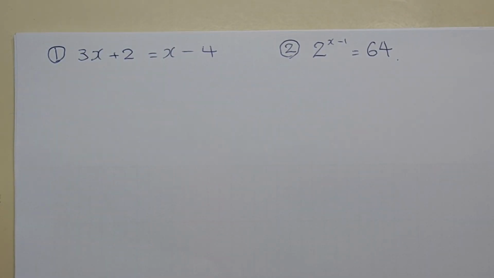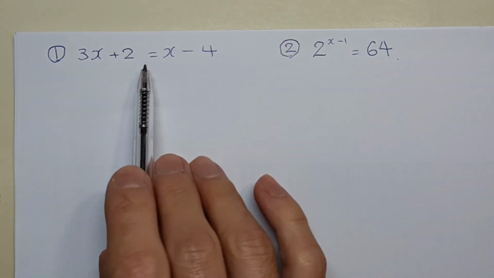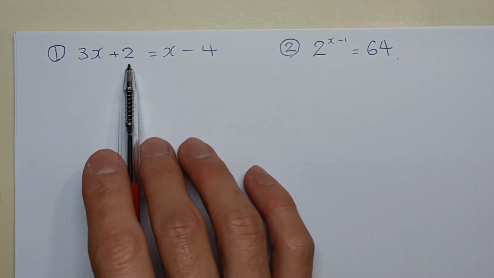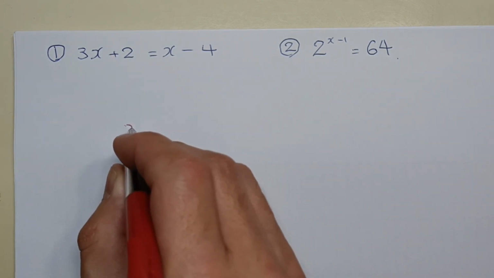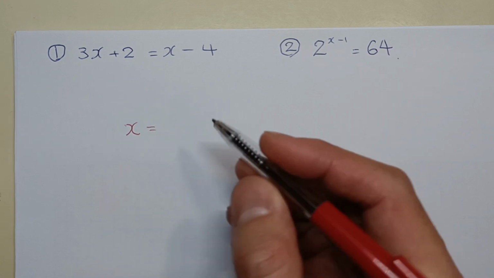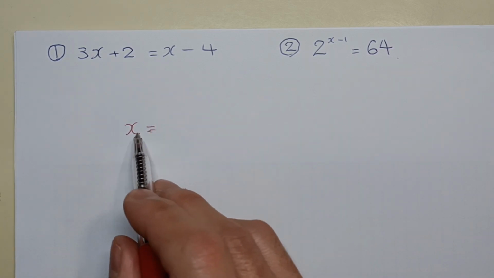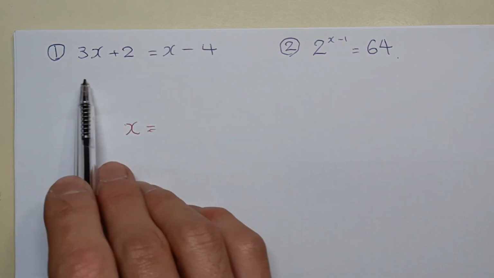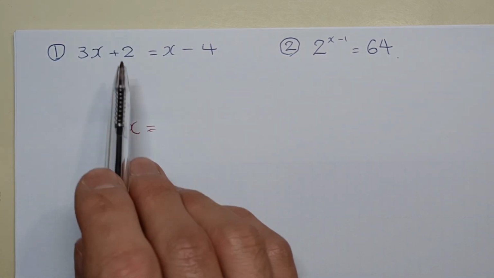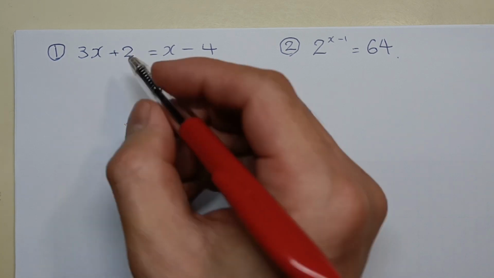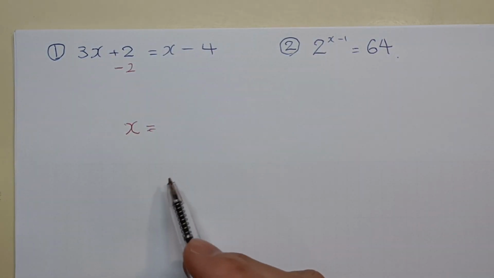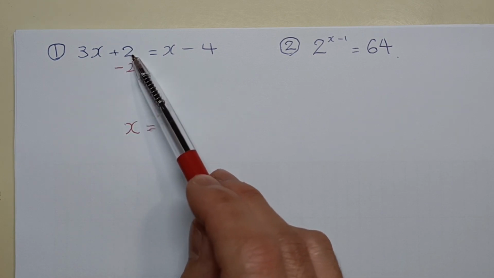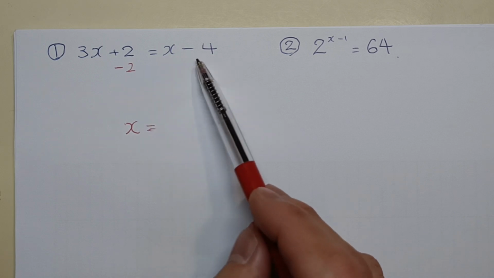So when you're dealing with a linear equation, you need to get rid of x from this side, and the number from this side, because our goal is finding the value of x, isn't it? Which means x equals a number. We want to have the number on this side and the letter on this side, which means we want to get rid of 2 from this side by doing the opposite. All right, so because this is plus 2, you do minus 2,